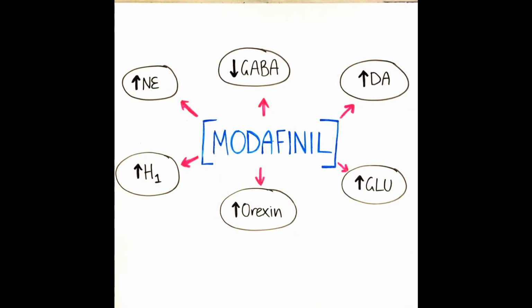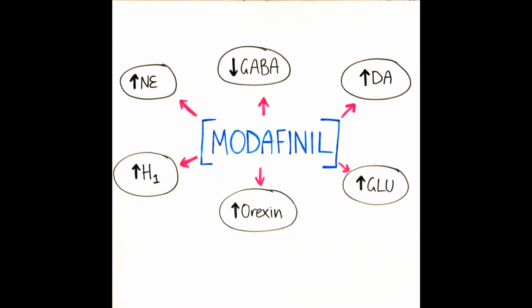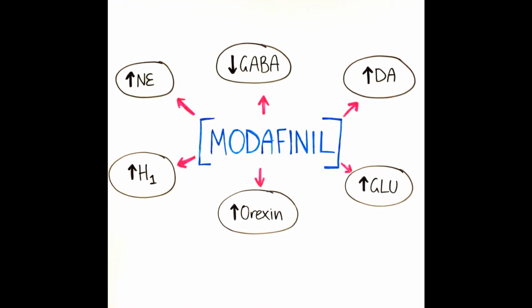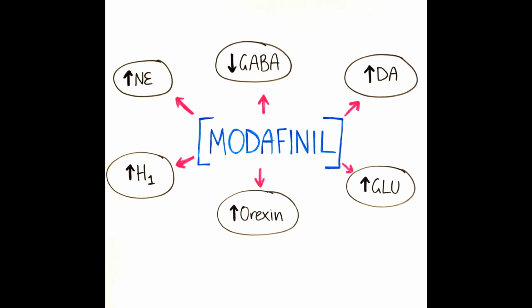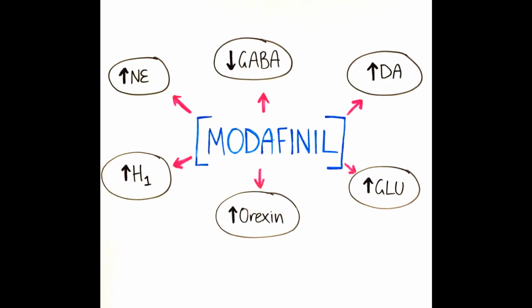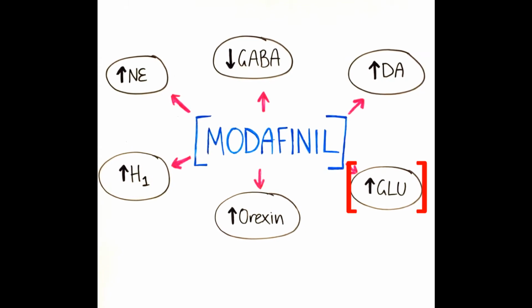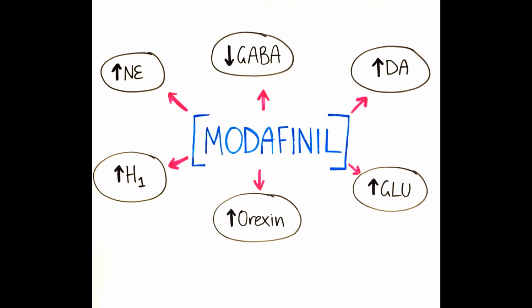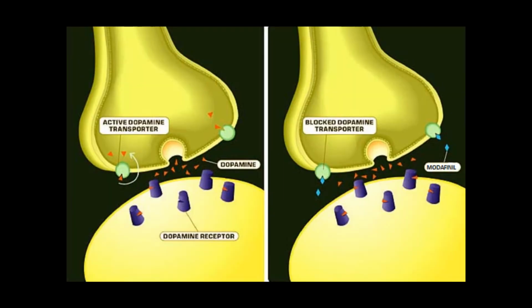In relation to targeting substance abuse, modafinil acts via different neurotransmitter systems, increasing dopamine, glutamate, norepinephrine, histamine, orexin, and decreasing GABA levels. Studies reveal that dopamine and glutamate enhancing actions particularly have the greatest effect in decreasing withdrawal severity caused by neuroadaptation to drugs. Modafinil binds to dopamine receptors and thus increases dopamine levels within the nucleus accumbens, triggering the